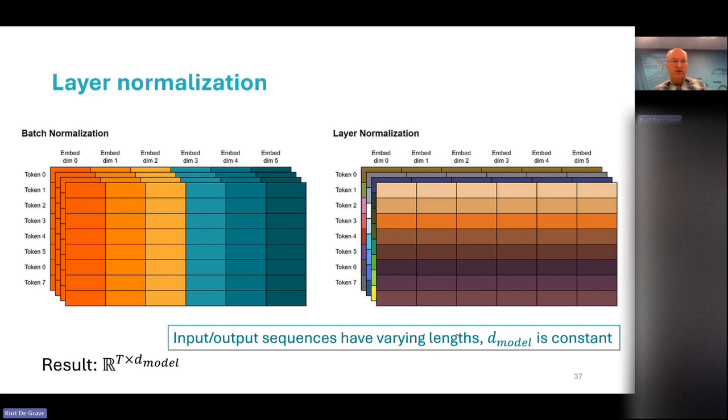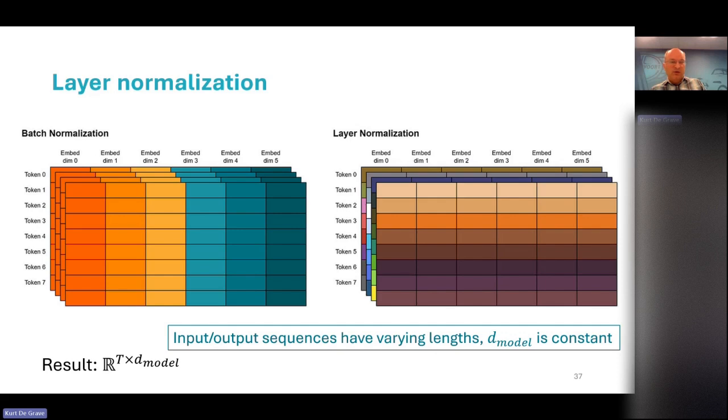But it doesn't work very well for a transformer because our number of tokens will change over the operation of our transformer. We generate more tokens, and how to take this into account for batch normalization is a bit difficult. So Vaswani et al. proposed, well, let's just normalize for a single token, only over the dimensions of this single token.